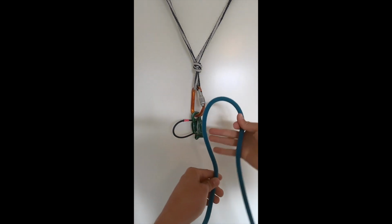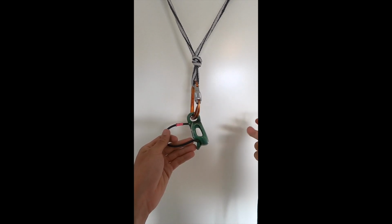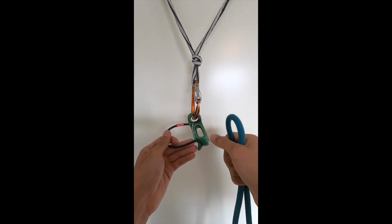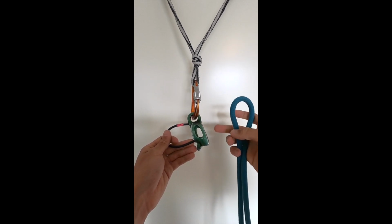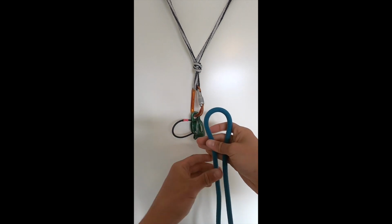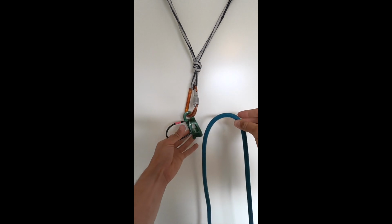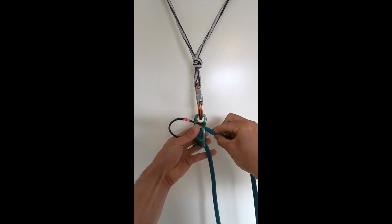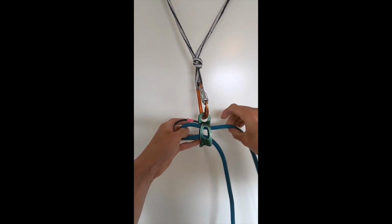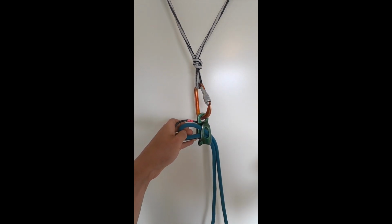So now what's important here is we have two small drawings basically, but just to describe what we're going to see. We have a hand here and we have a climber here. So the climber's rope goes on top of the brake strand. So what that means is that if this is the climber's rope here and this is the brake strand, I'm going to put it in this orientation, meaning just like this. So the climber's rope's on top, the brake strand's on the bottom. I'm going to put a carabiner